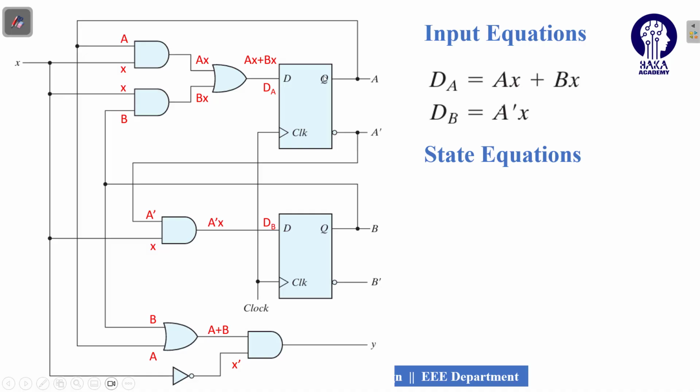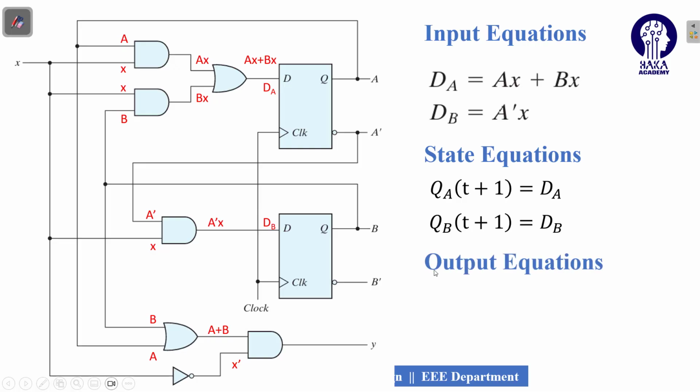How can I find it? Look, you have to look at the flip-flop. Which type of flip-flops do we have? D flip-flop. So the output or characteristic equation of the D flip-flop is equal to D. So I can say that QA(t+1), meaning this A, is equal to DA, and QB(t+1) is DB. So I could find it, and from here DA and DB are found.